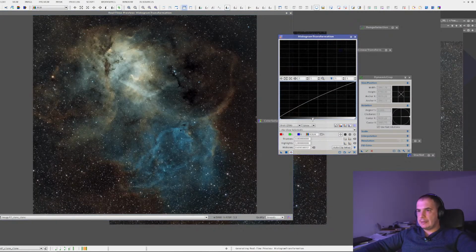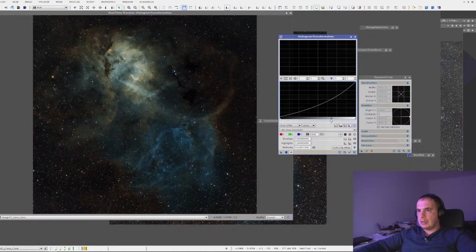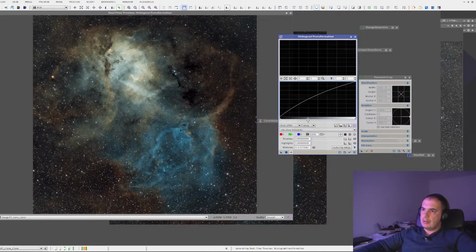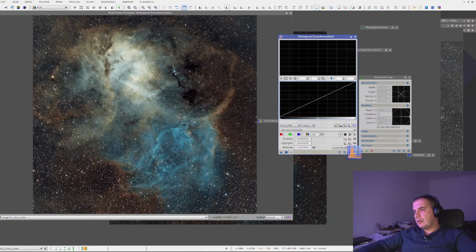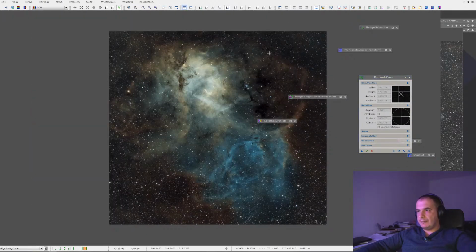Just what if it's darker. I think this was the correct luminosity for this image. I mean, I adjusted everything on that, so